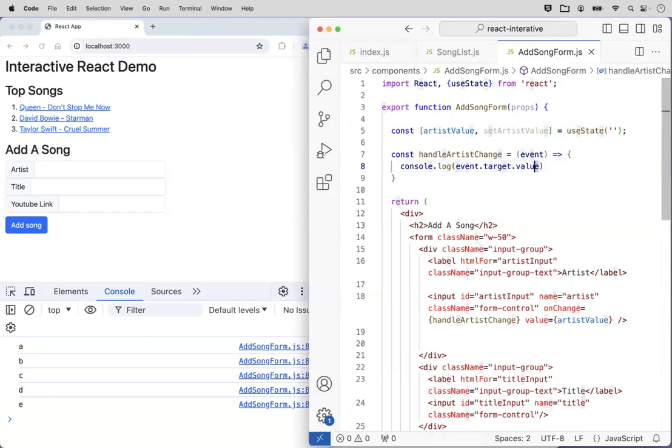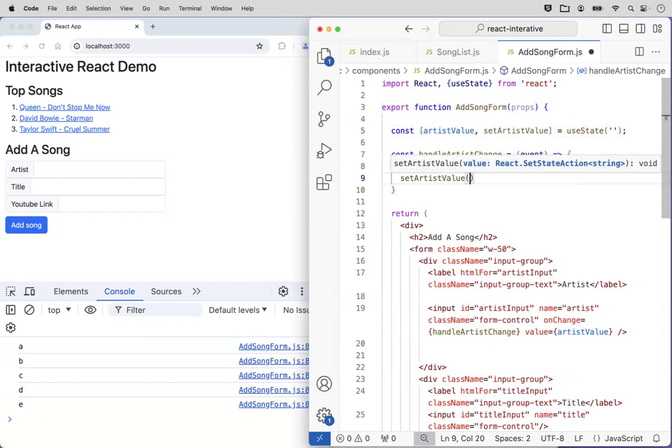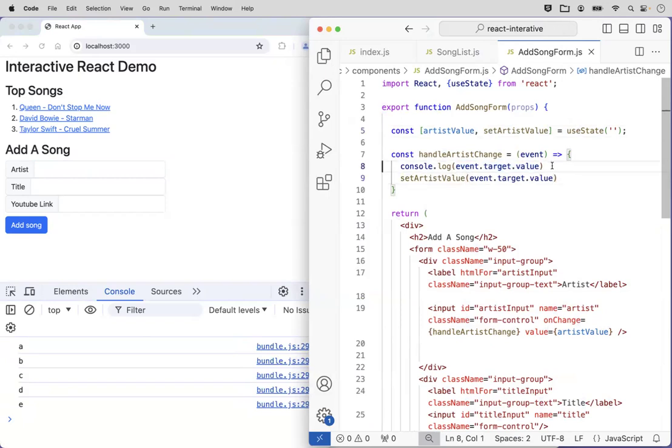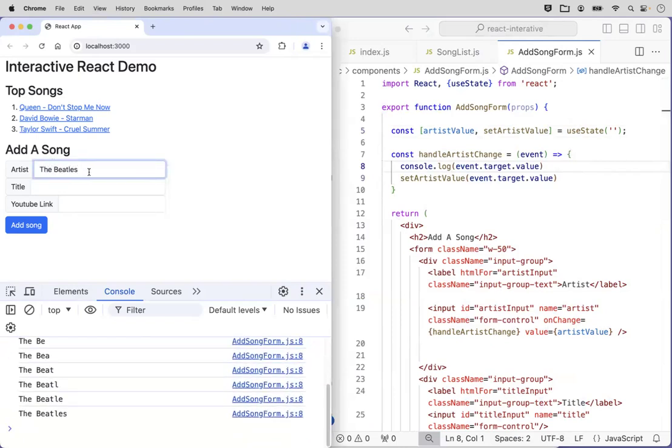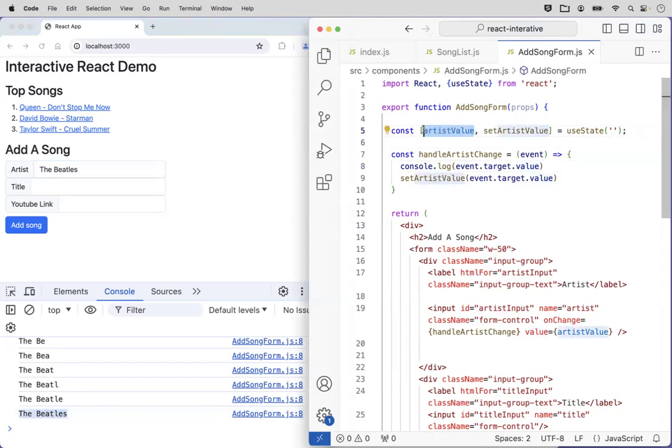Based on that, now that we know what value the user typed in, we can take that value and save it into my state by calling my state setter function. So we can set my state variable to be whatever the user typed in. It's going to set that directly. So now I can type in the Beatles, and you'll notice it types correctly. And at the same time, that text, the Beatles, is being saved inside my artist